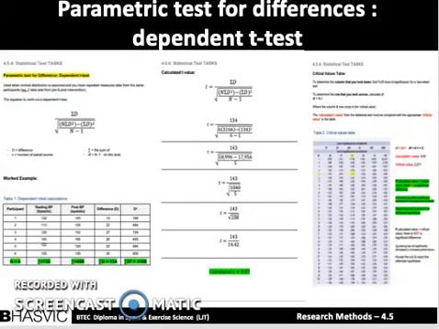In this example, I was comparing the resting systolic blood pressure with the post-exercise systolic blood pressure. I first had to put all the data in the table. I then had to find the difference between the resting blood pressure versus the post blood pressure. After I put the results from the table into the equation to calculate the t-value, which was 9.91, I then